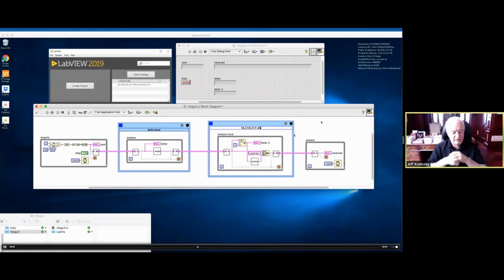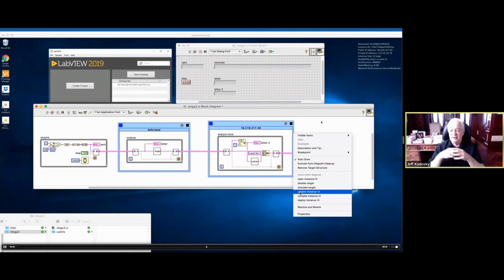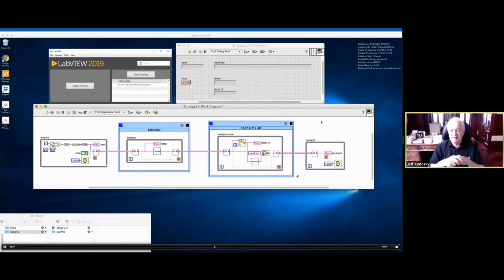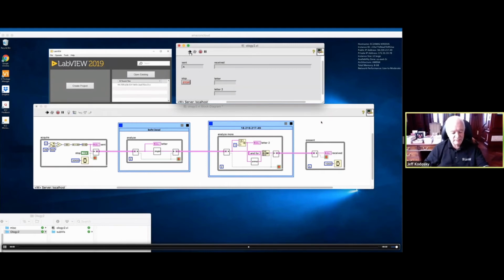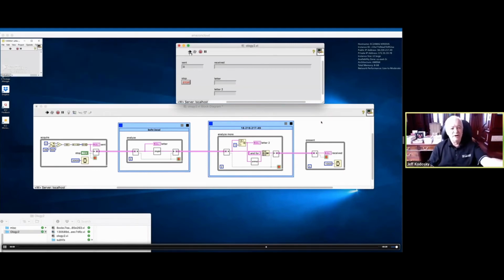And so again, update that to make it ready to go. Now when I start it running, I'm going to end up deploying the VIs so that they can be run. You can see it start running on the virtual machine in the background, and then the display starts catching up. Because while it was starting up, there was data being enqueued in the